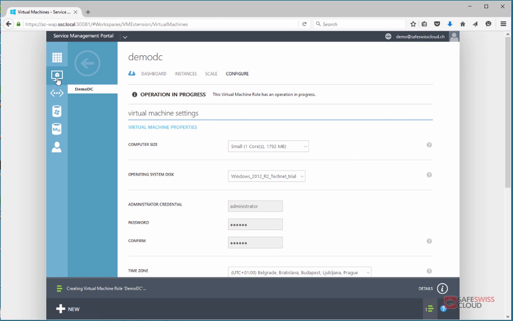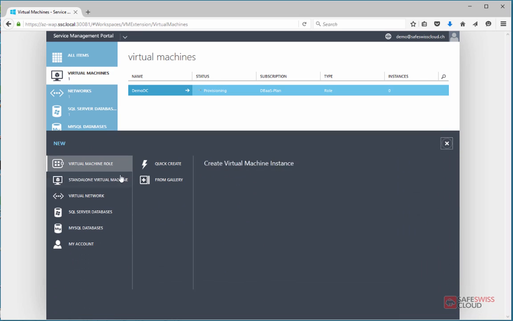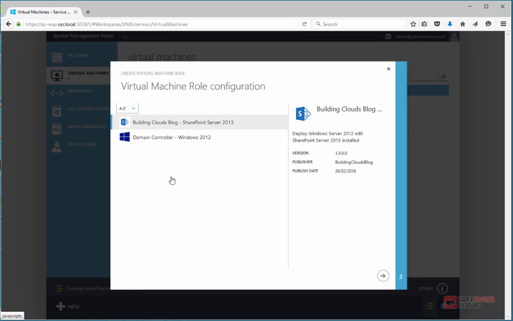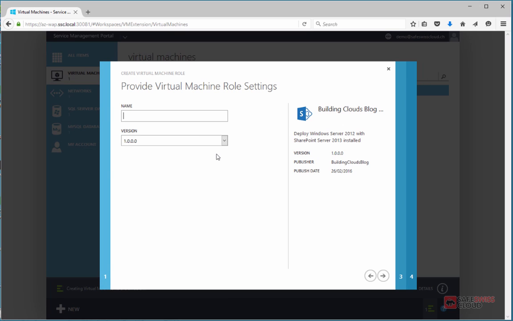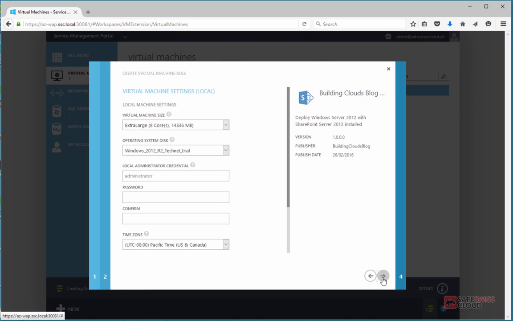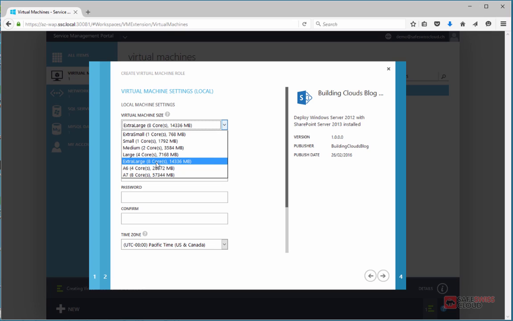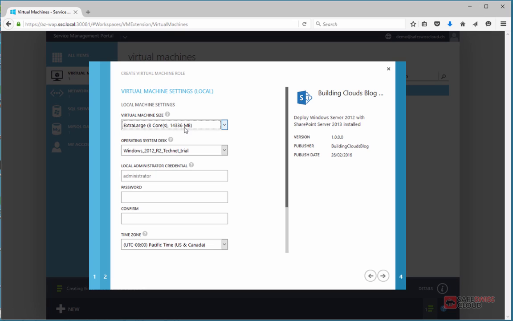Now, just for explanation purposes, let's start to create another virtual machine role from the gallery, obviously. This is a SharePoint Server 2013 role, which is again provided by Microsoft, although it seems a bit of a different name of the publisher, but still it's a Microsoft provider. Again, you need to provide a few pieces of information, obviously. During the provisioning of the role, you need to select the size of the server. This is, let's say, the preferred size, obviously. Again, blank disk from which the operating system will be created, password, and